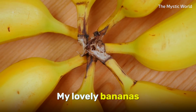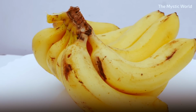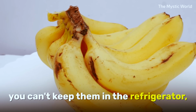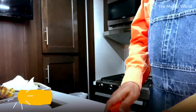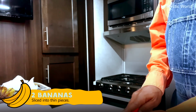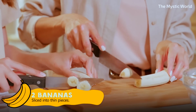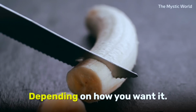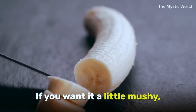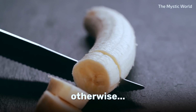My lovely bananas are the only things, fortunately, you can't keep them in the refrigerator, so they're doing fine. Just slice the bananas into thin slices, depending on how you want it. If you want a little mushy, make it really thin, otherwise…